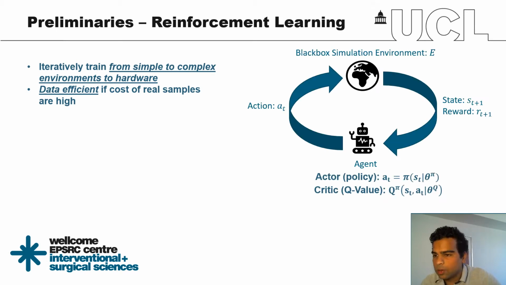So how reinforcement learning works is basically we have an agent and we have an environment, and the agent provides an action to the environment. The environment then simulates one step with the action and returns to the agent a state and a reward. And the goal of the agent is to come up with the next best action to have the greatest cumulative reward, and this can be done with a policy pi given a state and then theta of the parameters of